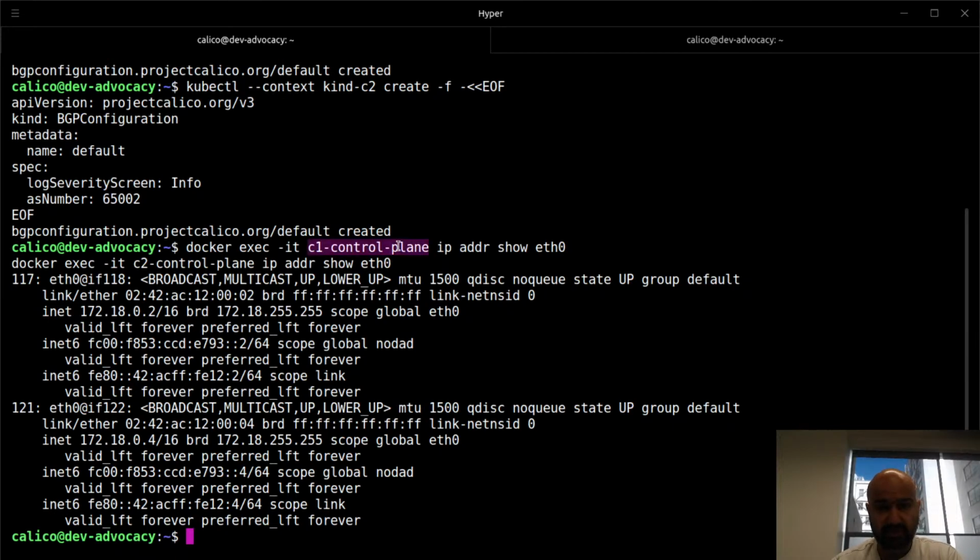To be specific, I'm looking for control plane. So here it's going to be on, I'm going to copy these two and quickly create